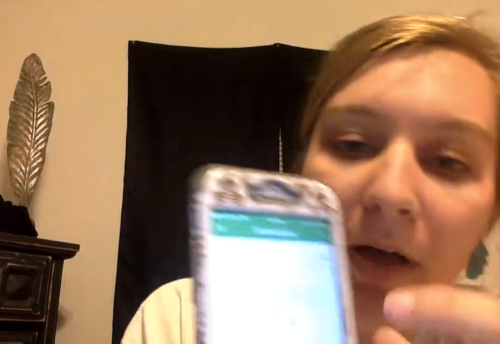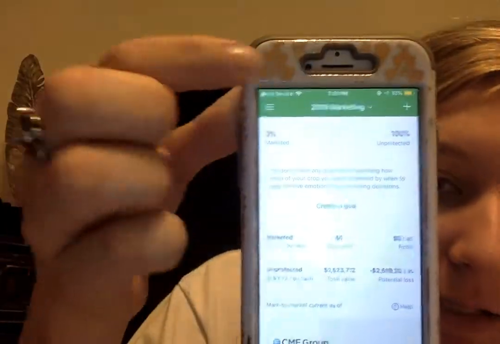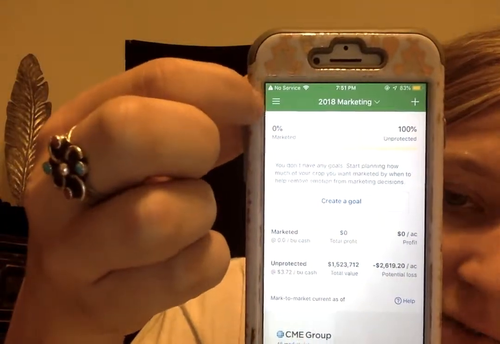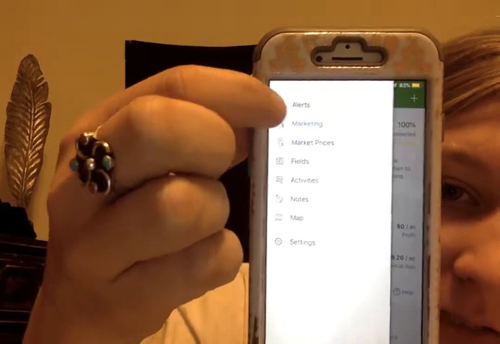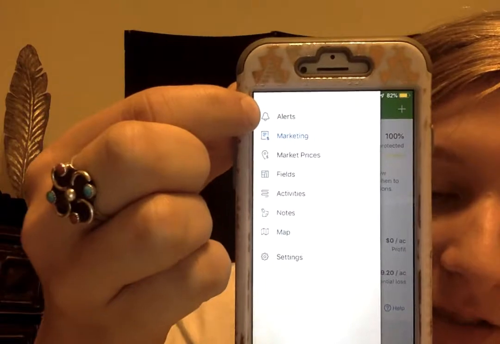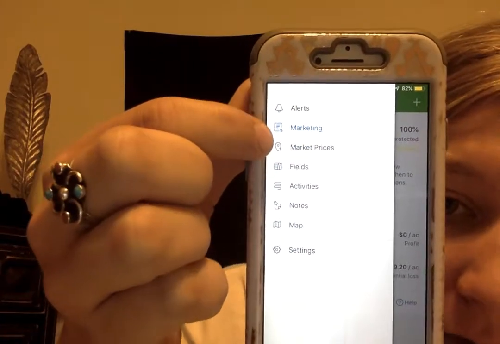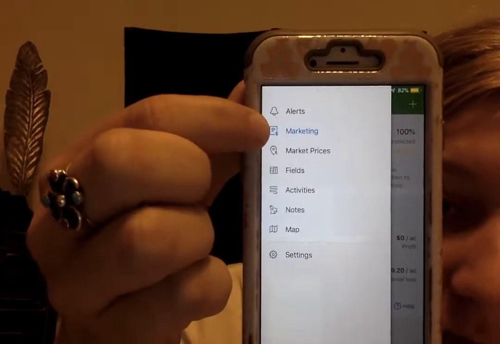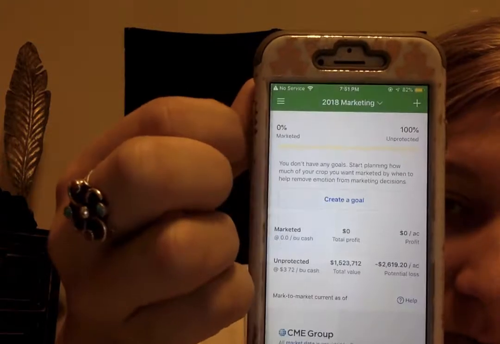And then, so once you're finally logged in and you have your app, there is this little square right here with the three little lines, and you'll have your alerts, and it'll notify you about rainfall and things like that. You have your marketing, so this is where it tells you, if I click right here, see that's what I'm on, it'll tell you,